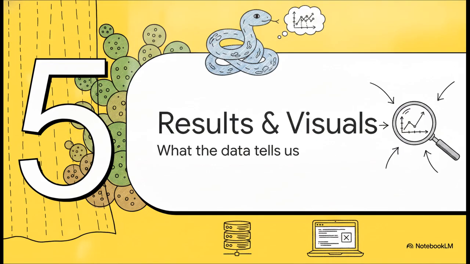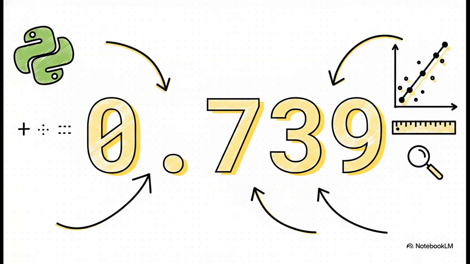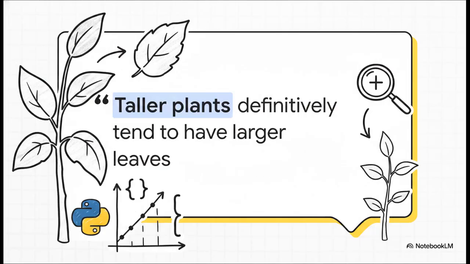What does all this data actually tell us? Well, we use a Python f-string to cleanly format our result to 3 decimal places, and our code prints out a correlation of 0.739. We actually wrote a quick conditional statement in our script. If the correlation is greater than 0.3, print our conclusion. Since 0.739 is way above that threshold, it's a strong positive correlation. So Python definitively prints